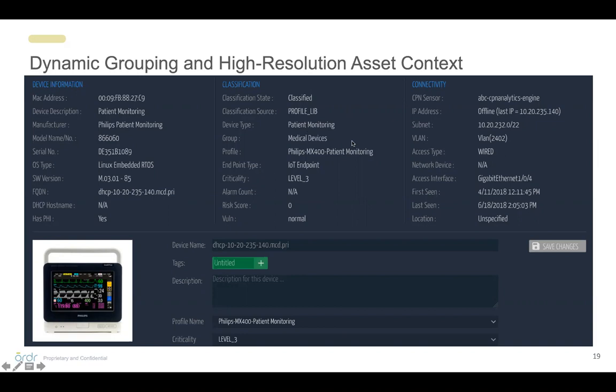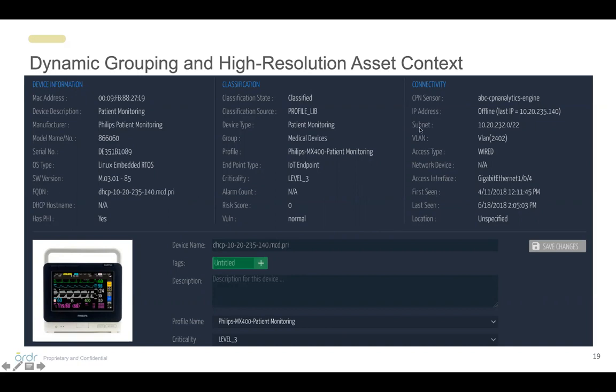At the highest level, it's medical devices. So it's very useful for when you're managing your views to say, show me all my medical devices. Or in the case of when we're sharing this information with ICE, that we're providing that grouping so that you can quickly get the visibility as well as make policy decisions based on these groupings. And then you can see, we're providing the security risk ratings based on the assessments that we're performing on the devices or the traffic that we see from those devices.